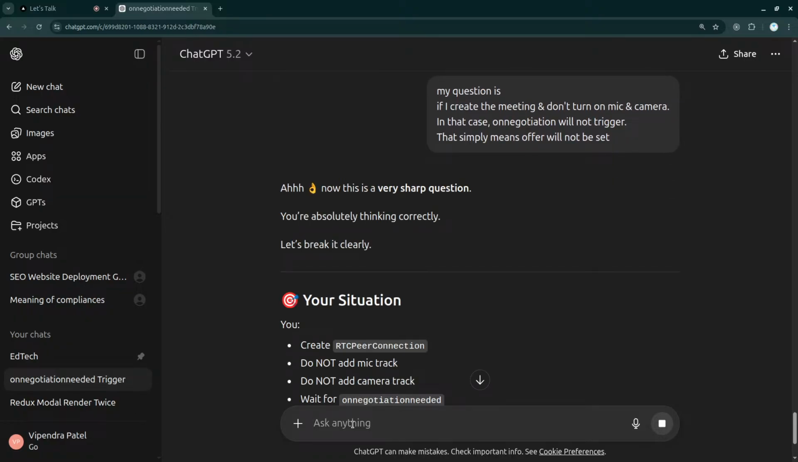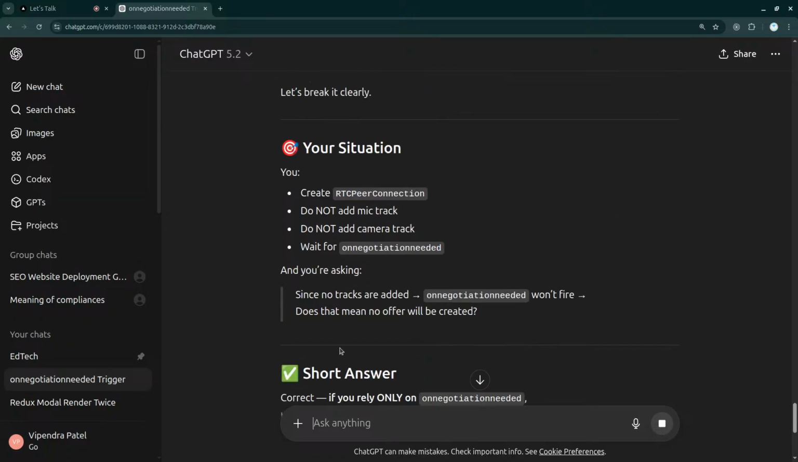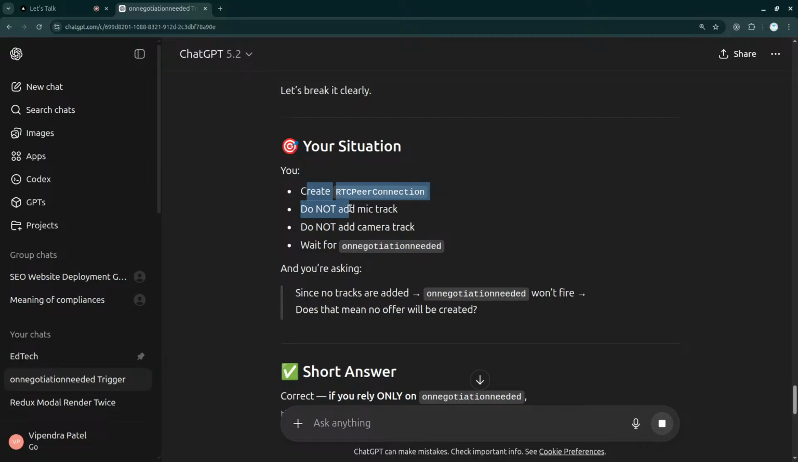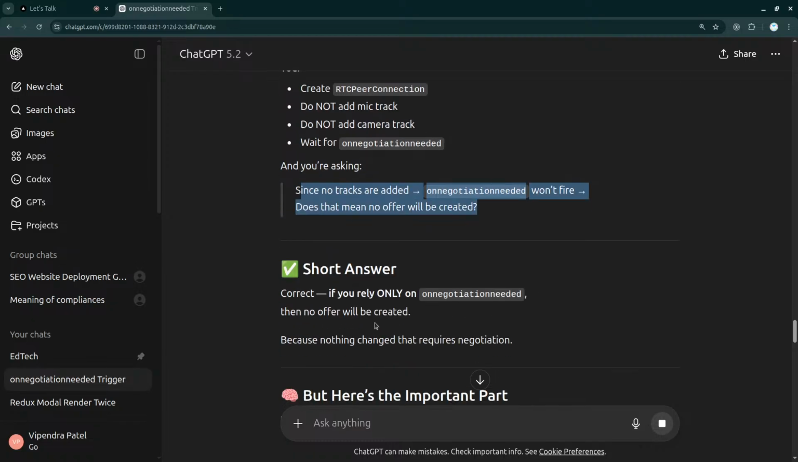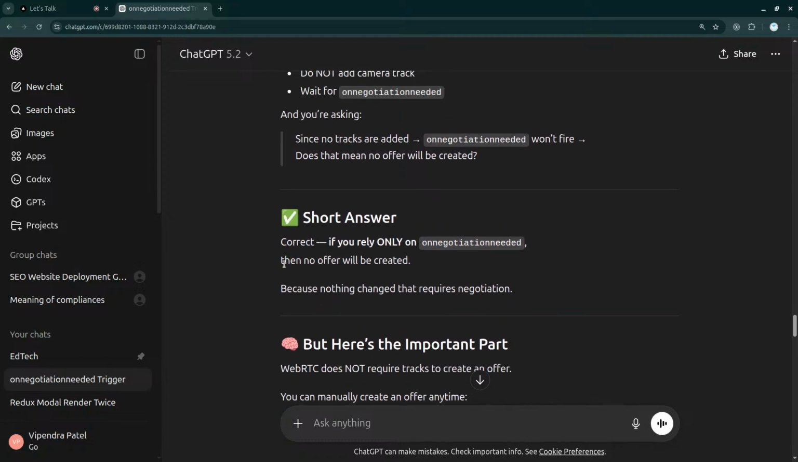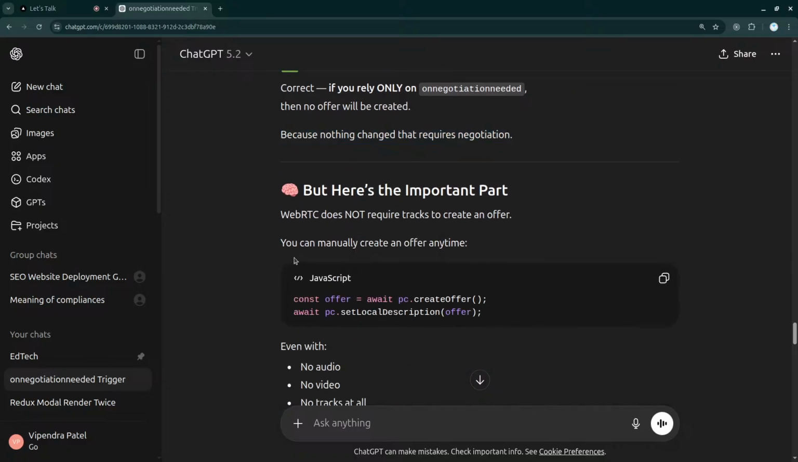So now this is a very sharp question. You are absolutely thinking correctly. Okay, fine. So create this. Do not add a mic track. Do not add a camera track. Wait for onnegotiationneeded. And you are asking, since no tracks are added, onnegotiationneeded won't fire. Does that mean no offer will be created? Short answer, correct. If you rely only on negotiationneeded, then no offer will be created, because nothing changed that requires negotiation. But here's the important part: WebRTC does not require tracks to create an offer,